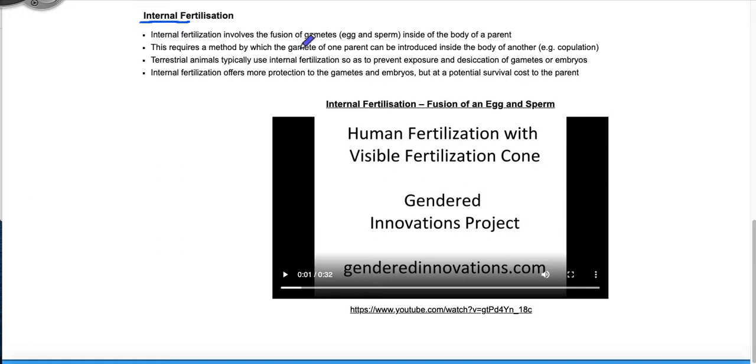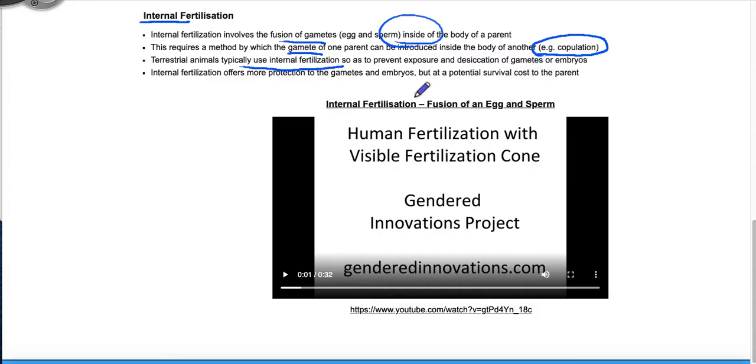Internal fertilization involves the fusion of gametes, egg and sperm, inside the body of a parent. That means that one gamete needs to be introduced inside the body of another parent, and that is called copulation. Terrestrial animals typically use internal fertilization because you don't want the gametes to desiccate or dry out if you expose